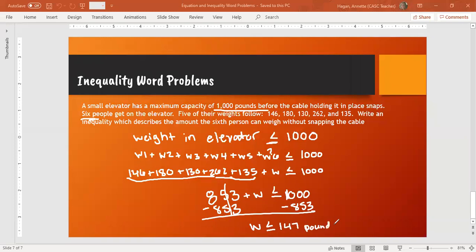So what this means is the last person can weigh 147 pounds, they can weigh 146 pounds, they can weigh 100 pounds. Preferably it's going to be a small child, but if they weigh more than 147 pounds, that elevator cable is going to snap and everyone's going to die, okay? That sounds terrible. So what this means is that